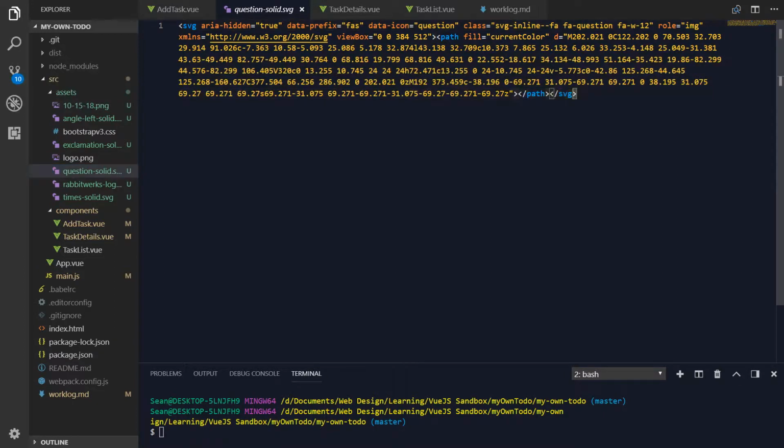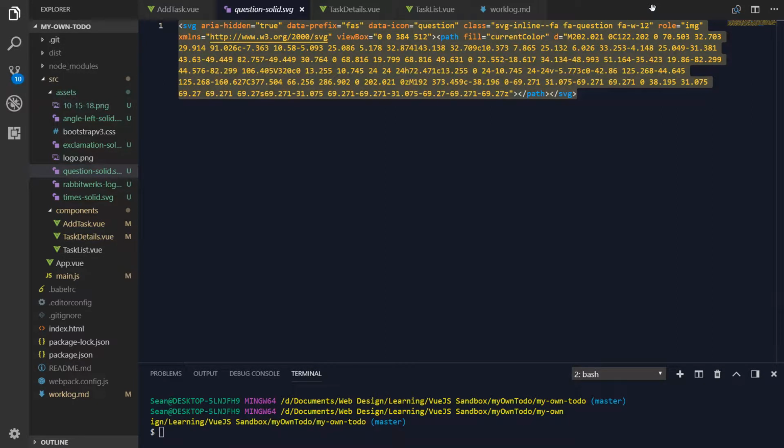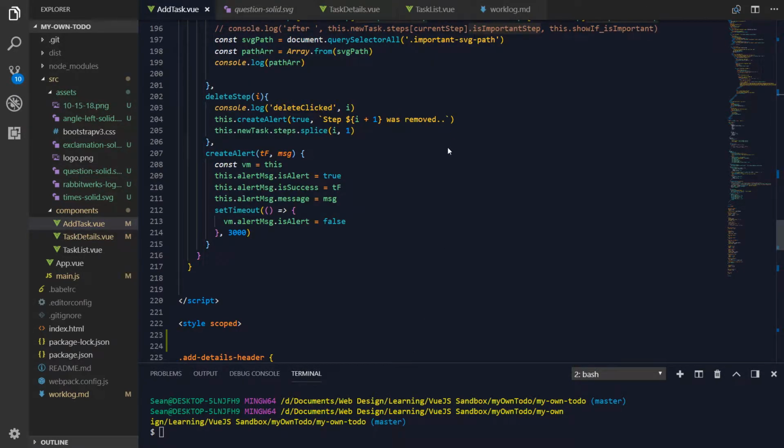Okay, so it's going to be kind of the same concept as the exclamation mark, and we know how to do it now since we hacked our way through it the first time. So we're going to take that and just start by,